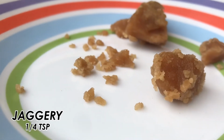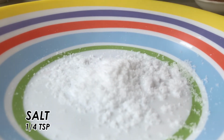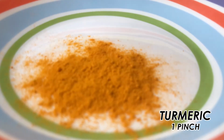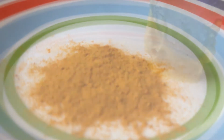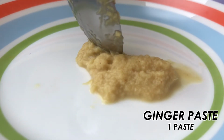Jaggery, depending on how sweet you want the tea to be. And 2 pinches of salt. Just a pinch of turmeric, about 1/4 teaspoon of ginger,